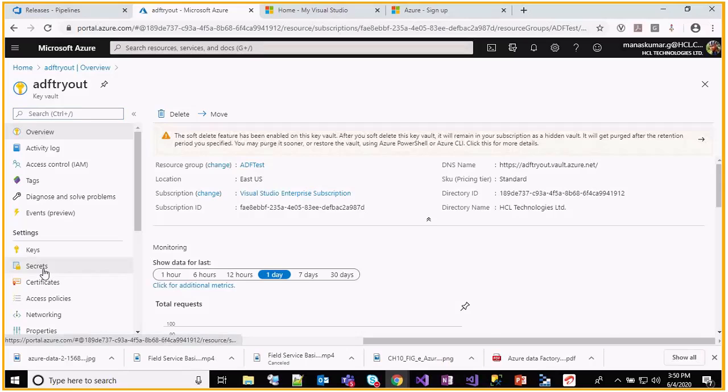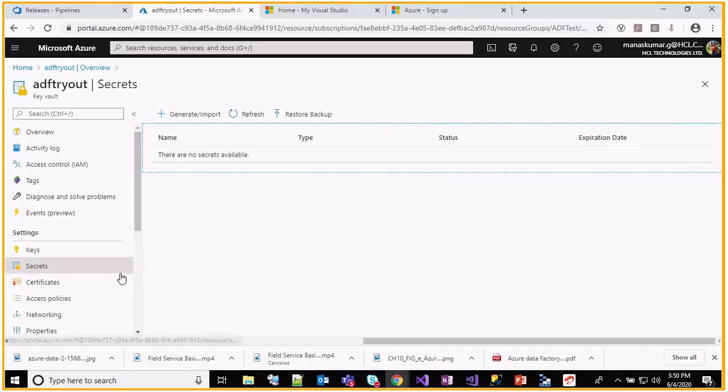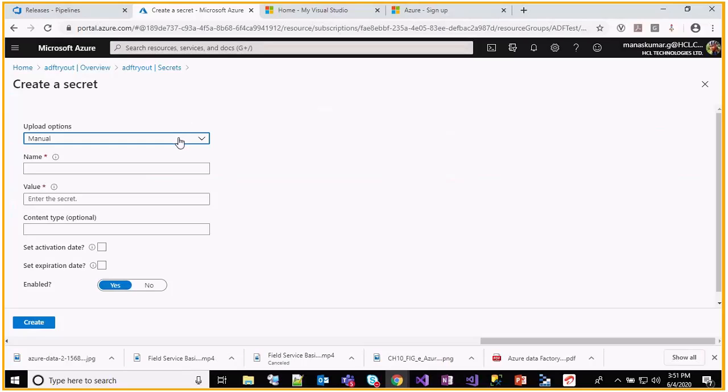After creating the key vault, you should go to the secrets. This secrets part is very important because this is the place where we will have to store our secrets, or where they will be available if there are any existing projects. For now, I will be creating the SQL authentication password here. So for now, I will create it.